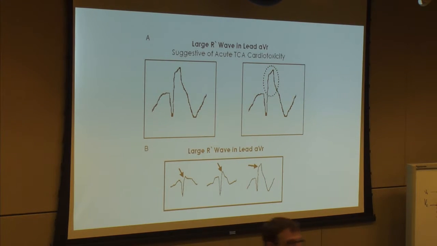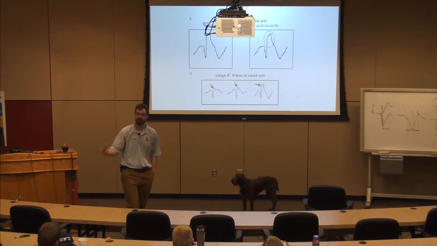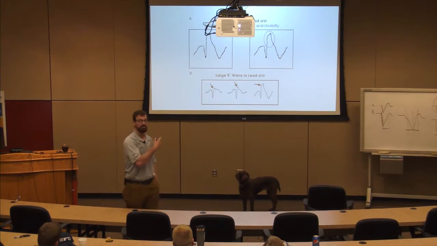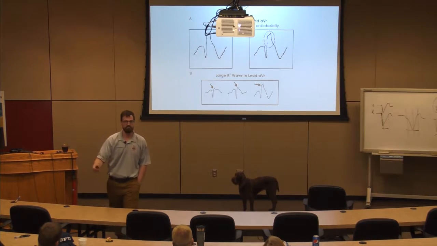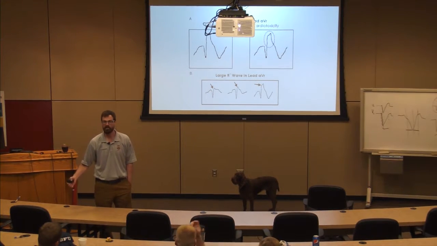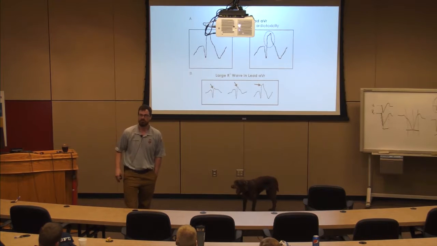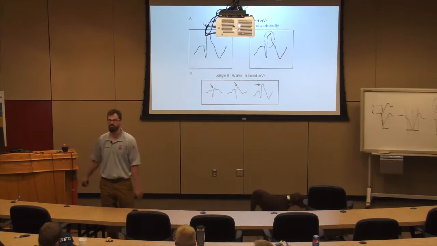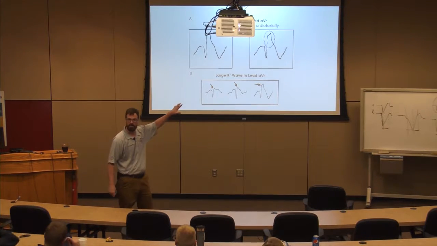Can somebody have an R wave in AVR? Sure, they can have an isolated R wave in AVR, but in the right clinical setting, remember, we talk about EKGs here like we're treating an EKG. In the right clinical setting, here's what I'm looking for. If you come in with chest pain and shortness of breath, what am I looking for when I get a 12-lead EKG? I'm looking at ST segments, and I'm looking for reciprocal changes. If I show up on scene and you've got 4 bottles of pills and a love note to your ex-boyfriend, what am I doing an EKG for? I'm looking for interval abnormalities, right?